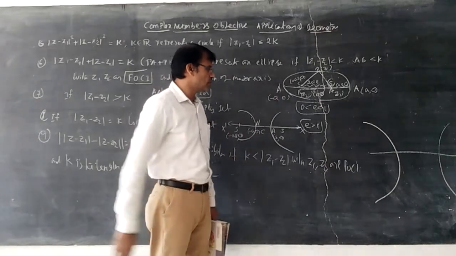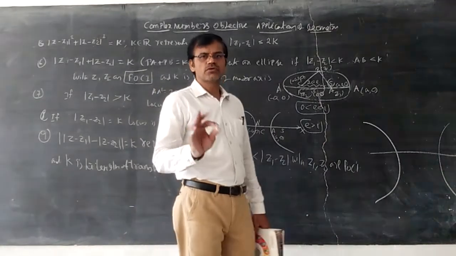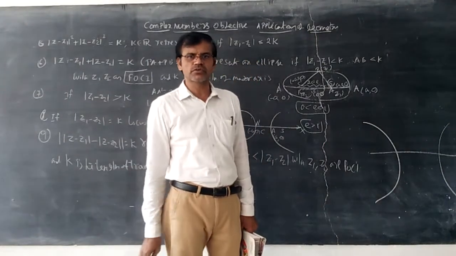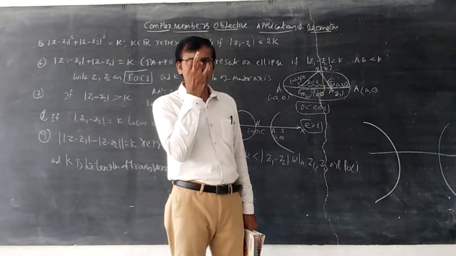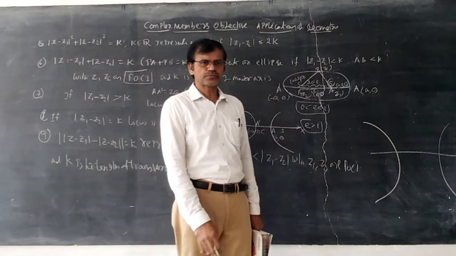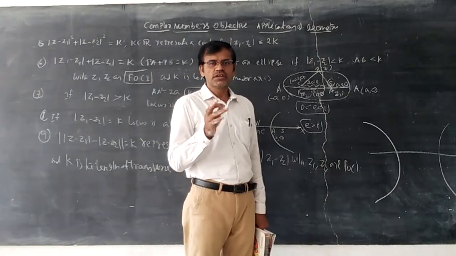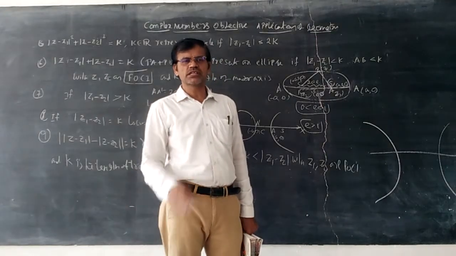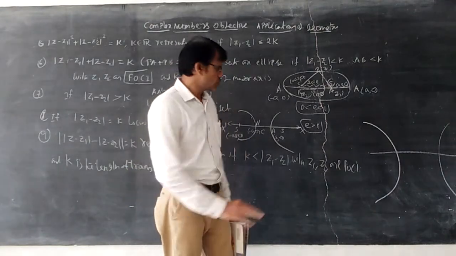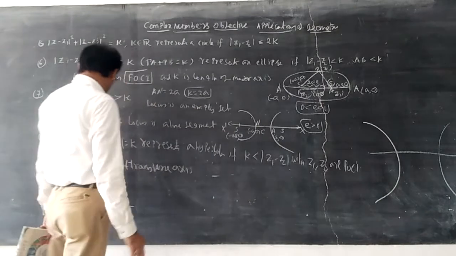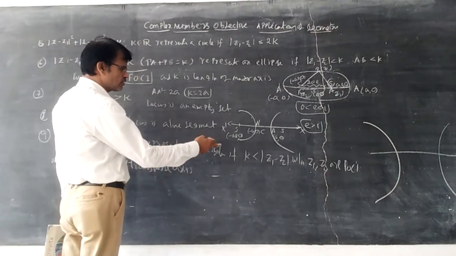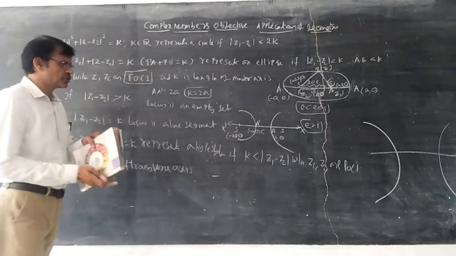Whenever e is greater than 1, try to understand what I am discussing. 2a is equal to 8, and E is greater than 1, say E is equal to 5 by 4. So 2a times E is 8 into 5 by 4, which is 40 by 4, approximately 9 point something. It is always greater than 8, so that should be maintained. That is why the property is k less than only the modulus of z1 minus z2.